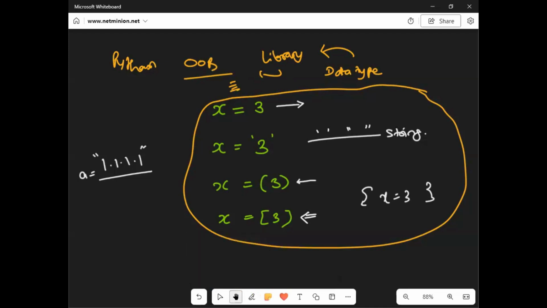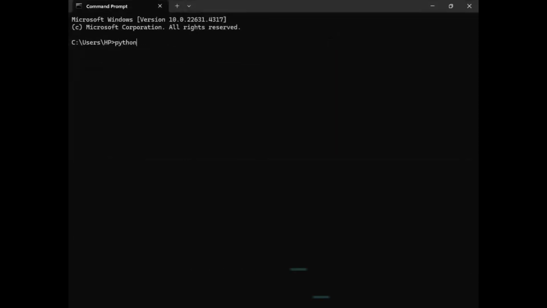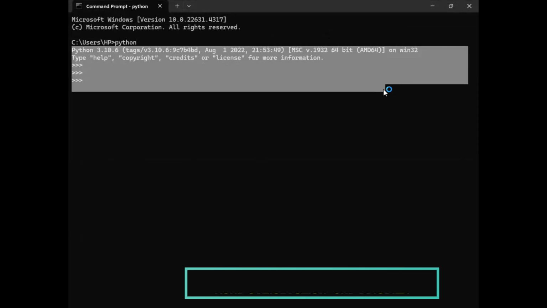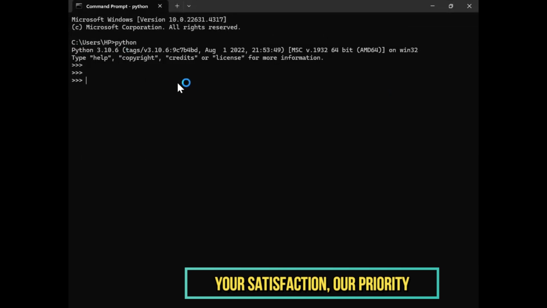Let me show you, let me open the command prompt. I have Python installed on my PC. That is the reason if I write Python and press enter, it shows me some information, like I am using Python version 3.10.6. Soon I will tell you how to install Python on all your PCs, so please install that. It is free of cost. No single penny need be given to anybody, and it is very easy to use.